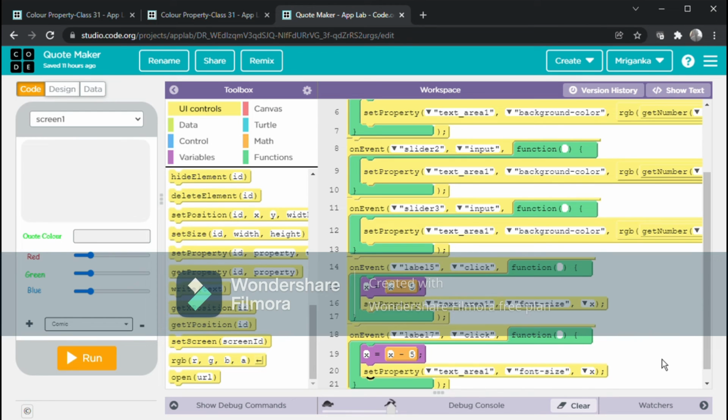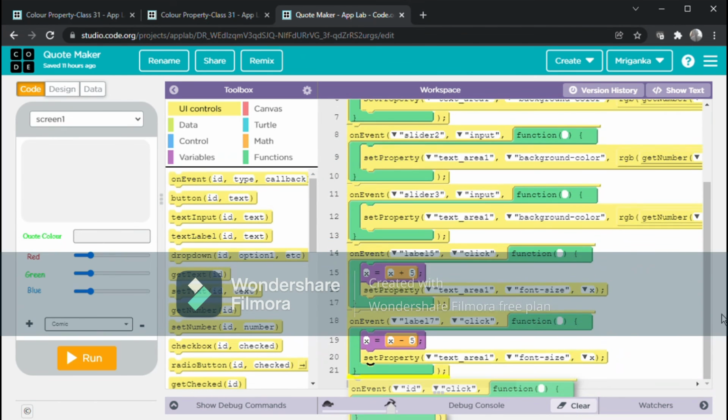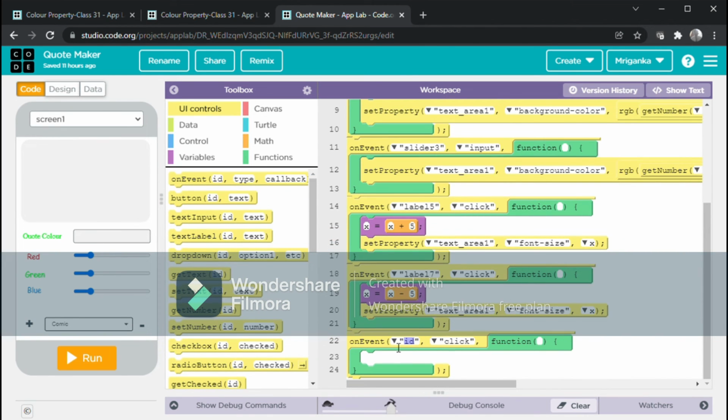So guys, I think I have done, but there is one more thing. If I click on the drop down, it will have 3 options, and if I click any one of them, the font family should change according to the name. So how will it happen? Very easy. If on event, okay, firstly level 5,